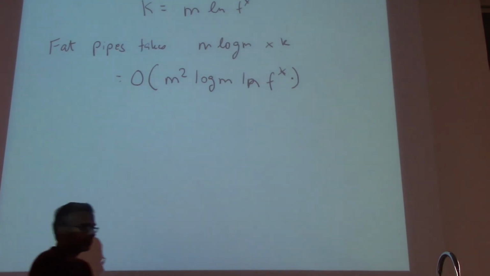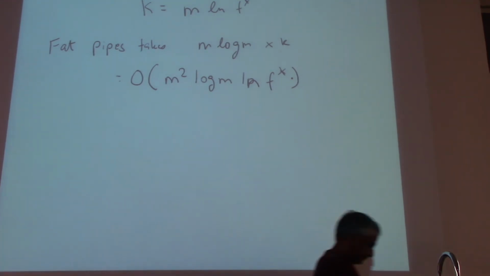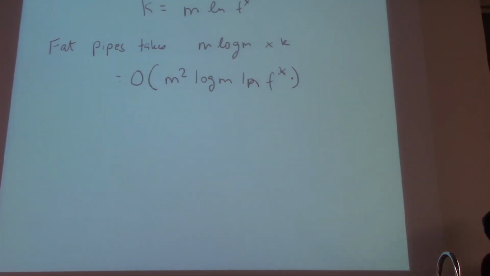Didn't you tell us that finding the min cut of a graph is NP hard or NP? Nope, I did not. In fact, I gave you an algorithm for computing it in n squared time randomly. The problem that is NP hard is the max cut, not the min cut.